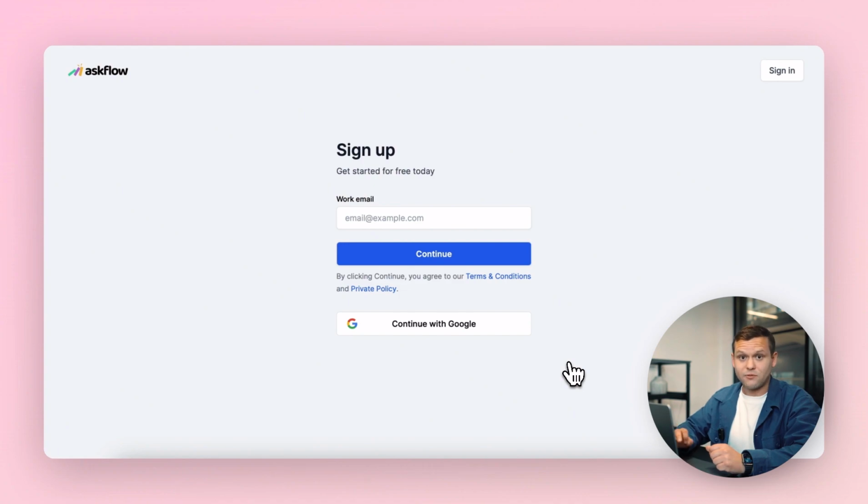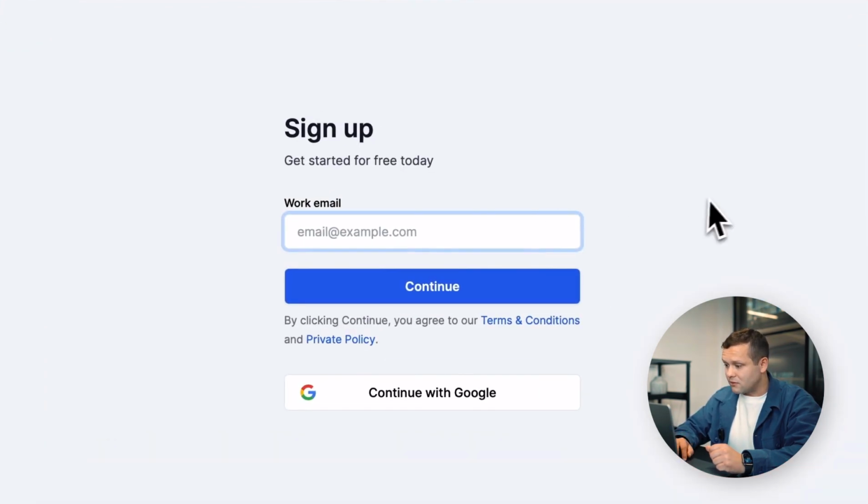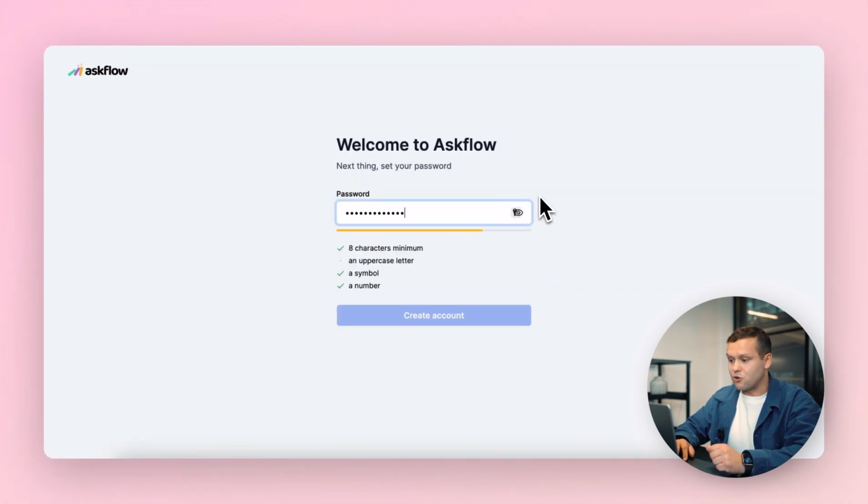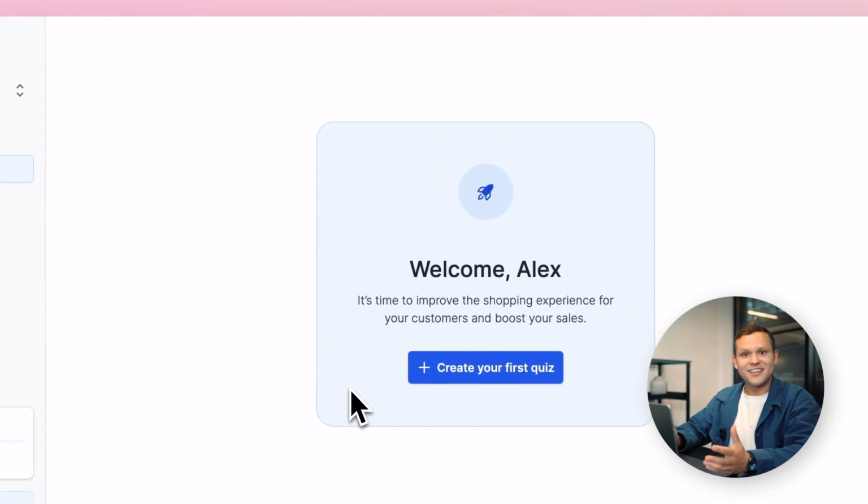Here you'll need to create an Askflow account: enter your email, complete the verification process, and then provide your name and a secure password. That's it. Soon, all your products will be uploaded, if they aren't already, and you'll be ready to create your first quiz